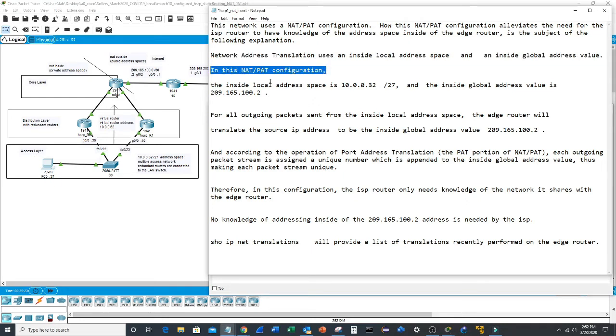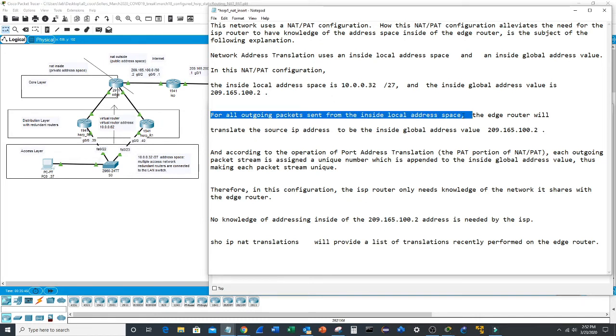In this NAT/PAT configuration, the inside local address space is 10.0.0.32/27 and the inside global address value is 209.165.100.2. For all outgoing packets sent from the inside local address space, the edge router will translate the source IP